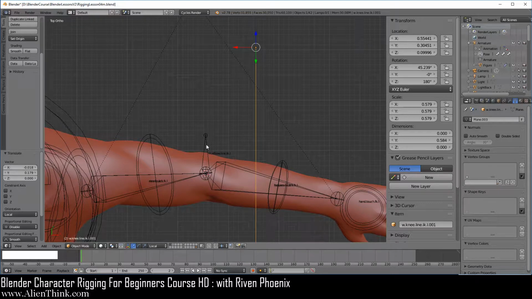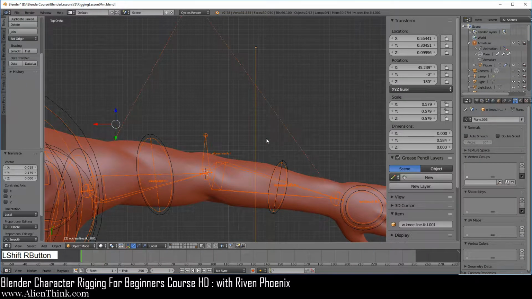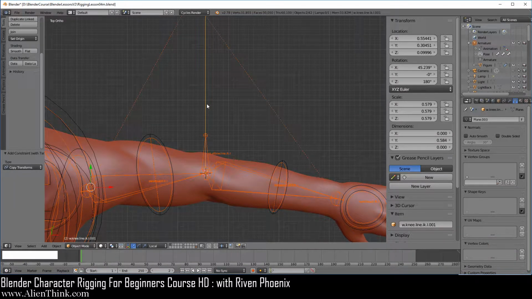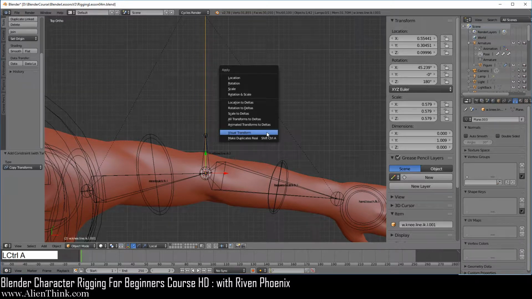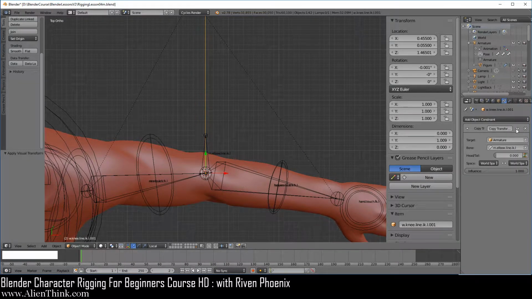So all we have to do is really just click on this bone, press the Shift key down, click on this line, do Shift Control C, and of course do copy transforms. Now click on this line, do Control A and do visual transform. Go to the constraints over here, just turn this off to make sure that it works, and go ahead and